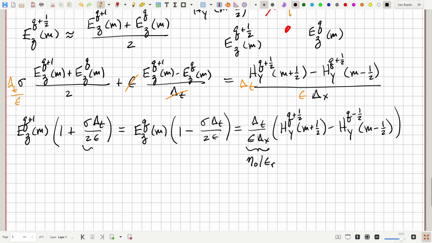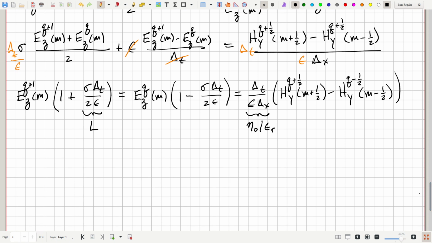And let's define this term right here. If we actually know what the sigma value is here and the epsilon, we would actually have to figure out what the delta t would be. But let's just call that whole term L for the loss constant. Then we can solve these update equations as